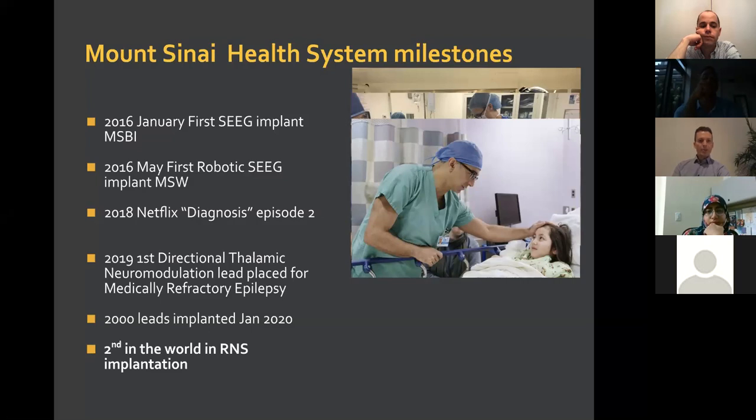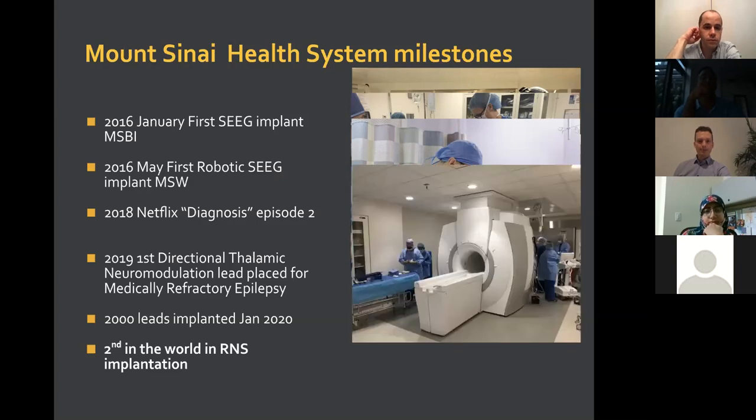A directional thalamic lead was implanted by us more than a year ago, and that most likely is the first in the world, since the only company right now that has a steerable current device told us that no one else has done this as of yet. We've implanted at this point over 2,400 stereo G electrodes, and we're maintaining our pace as second in the world in RNS implantation. Here you can see the new 3T MRI suite, which allows us to place these electrodes if we want to under MRI guidance,